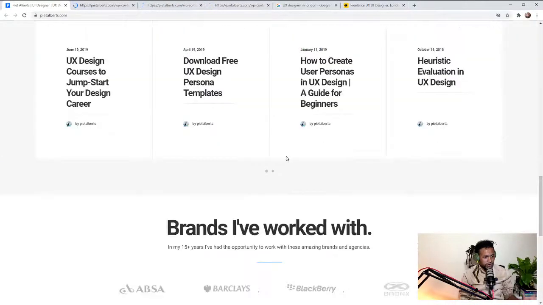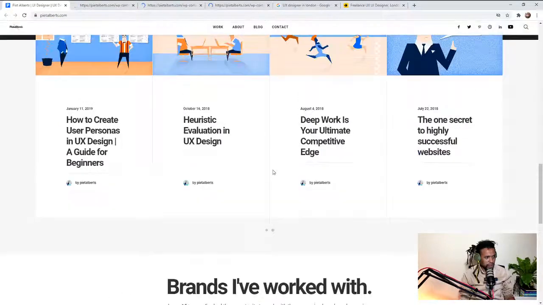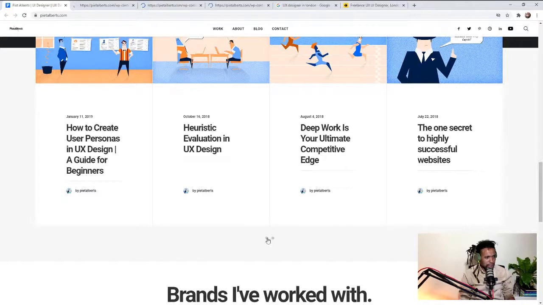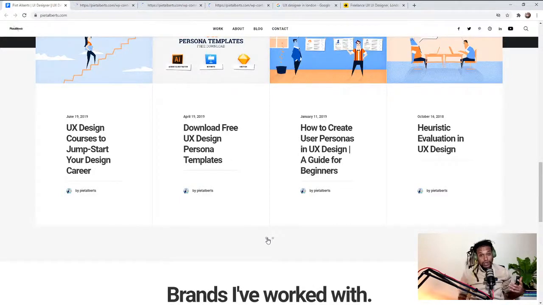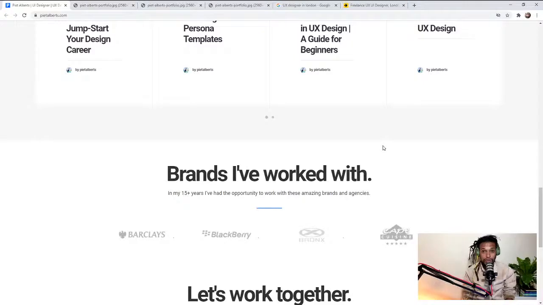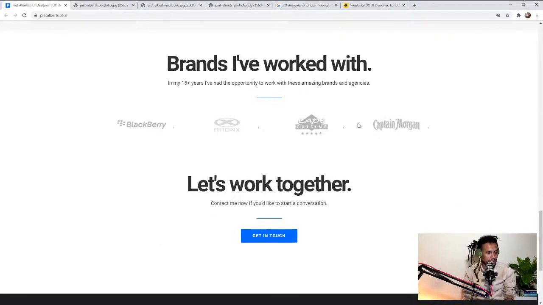I think blogs are very effective because they help you with discoverability. So if people are looking for things like heuristic design and other things, again, it's about who you are trying to communicate to and market to. I see here it looks like Pitt is presenting himself, or positioning himself rather, as an expert in UX design, and I think the blog here is an aspect of creating that thought leadership piece, and that can help him stand out as well. So yeah, he's worked with some cool brands, BlackBerry. Okay,